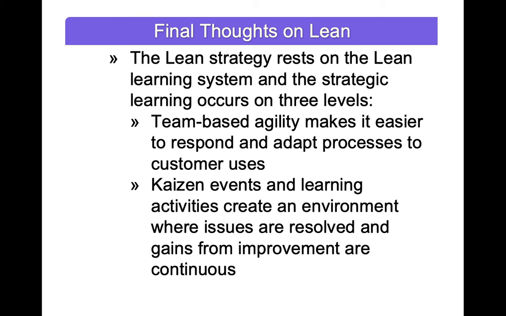Team-based agility makes it easier to respond and adapt processes to customer uses. So team-based agility, flexible teams. That's important for the success. Kaizen events are very important. Learning activities are important. You have to learn skills, brainstorming, creativity. You want to foster that creativity as a manager. You want to foster that